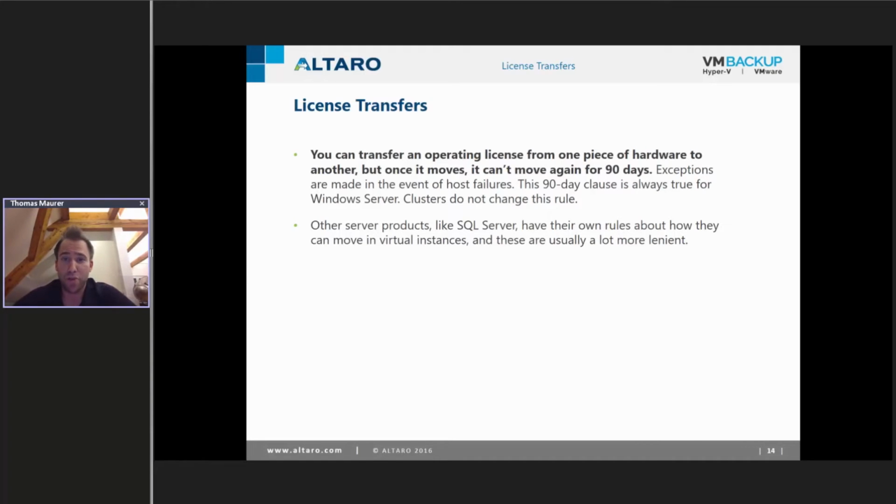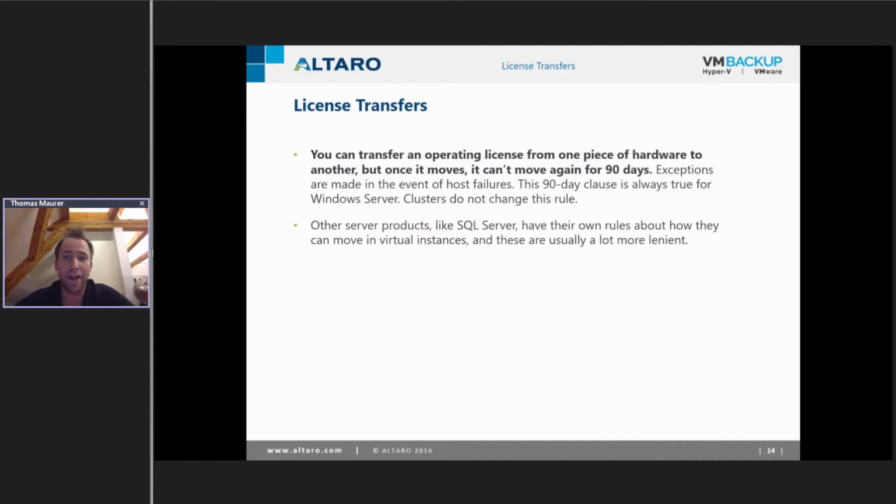Something else I have to mention as well. If there are host failures, for example, a host dies and you can't bring it back, Microsoft will allow you to move the license to the new host if something like that happens. But it's not the plan that you move VM licenses around your hosts all the time.